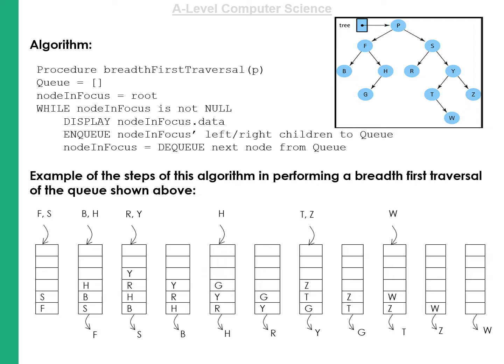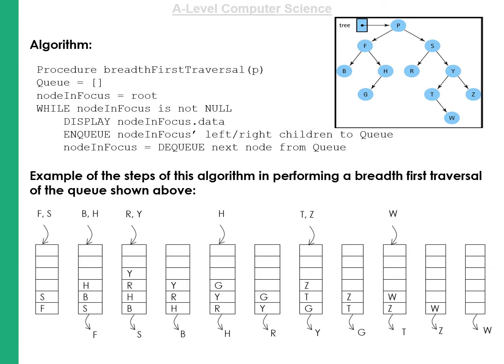of the tree. We say while the node in focus is not null, it's going to display the node in focus, the data that it's got, and then it's going to use two functions called enqueue and dequeue. Remember, in pseudocode we can use enqueue and dequeue to put things into a queue or remove them from a queue. So we can add the left and right children to the queue, then we can dequeue it, so take it out and move to the